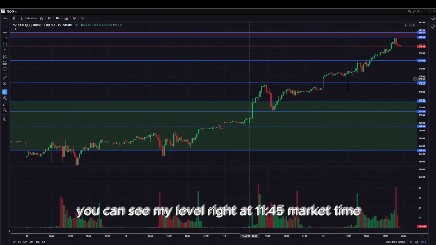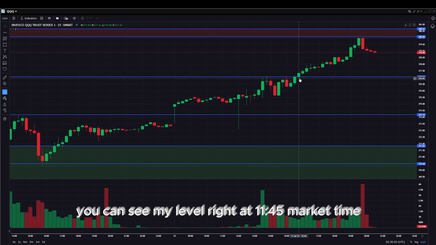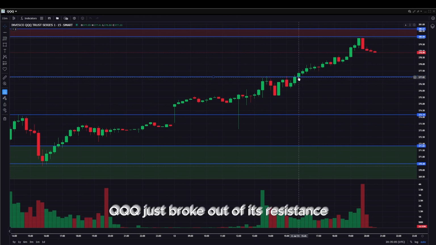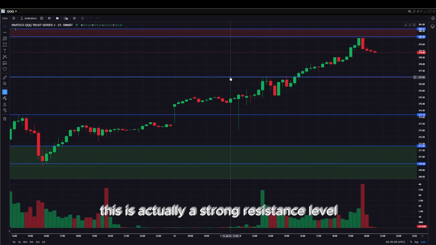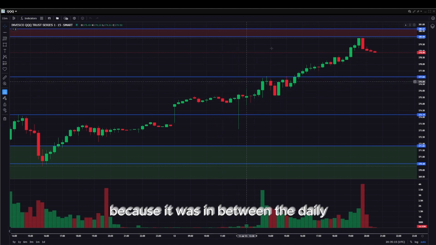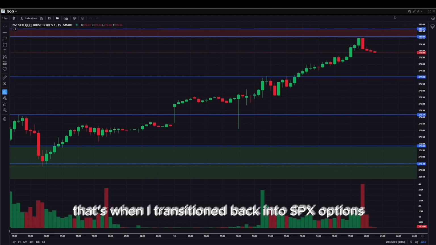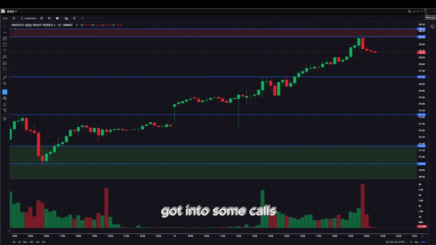You can see my level right at 11:45 market time. QQQ just broke out of its resistance. This is actually a strong support resistance level. It was a zone, but I just marked it off because it was in between the dailies. So once I saw QQQ break this, that's when I transitioned back into SPX options, got into some calls, and